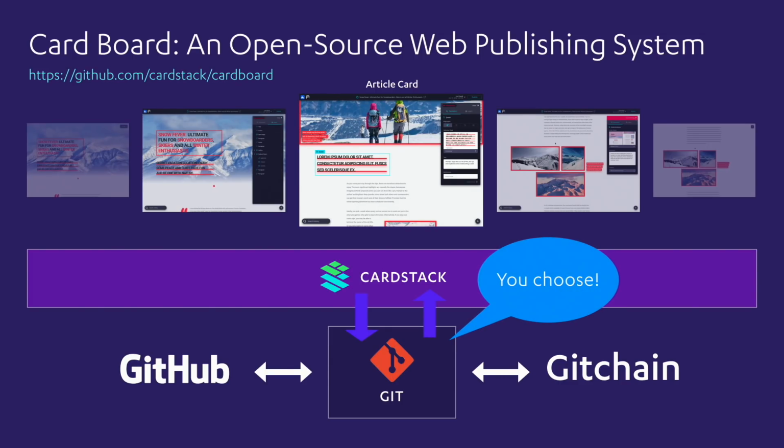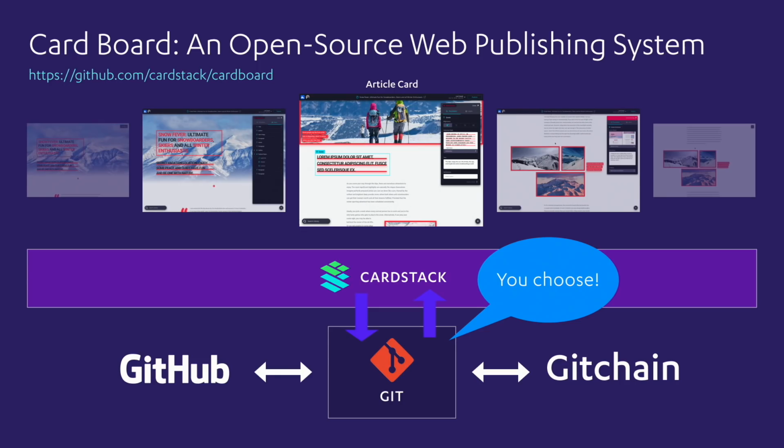And then if you are a developer and you say, hey, I like Cardboard, that's a great CMS, or I want to use that to build up a podcast system or some interactive narrative experience, you can choose whether you care about decentralization or not. If you want to use the Cardstack full support for the GitHub plugin and the API, you can use that. You can just imagine Gitchain doesn't exist. But if you're into decentralization and you want to use the Git protocol in a decentralized way, you can just flip a switch and use Gitchain, and then your article is being syndicated around the world without being in a central place.